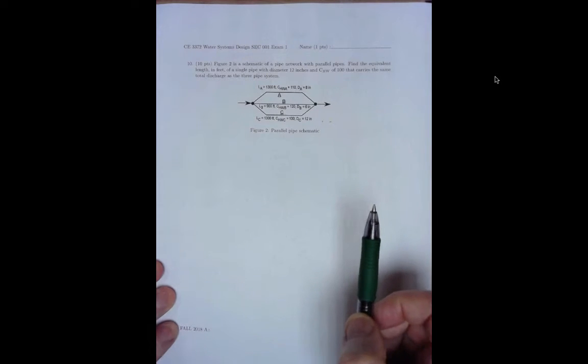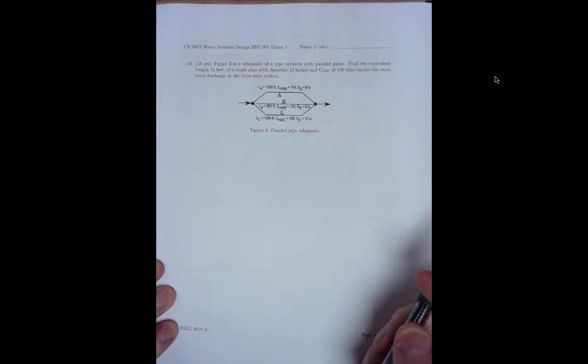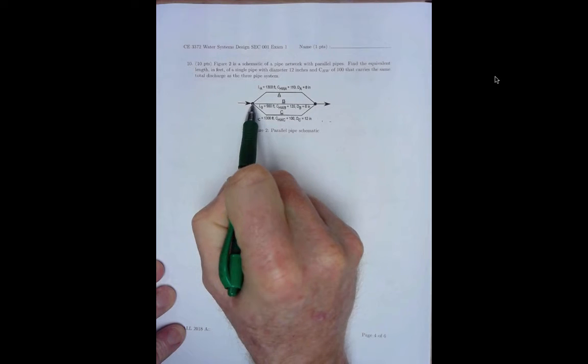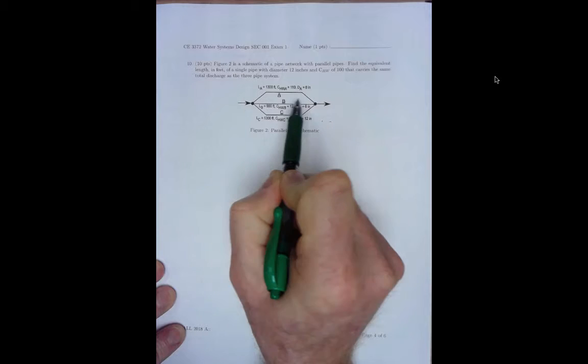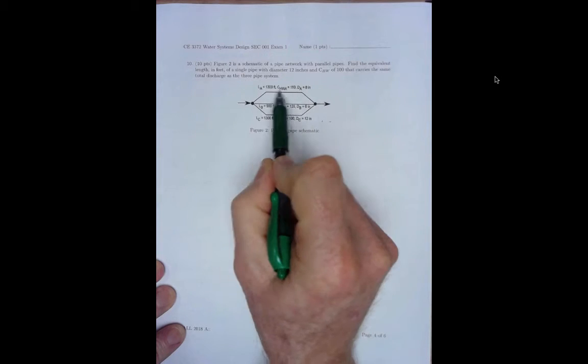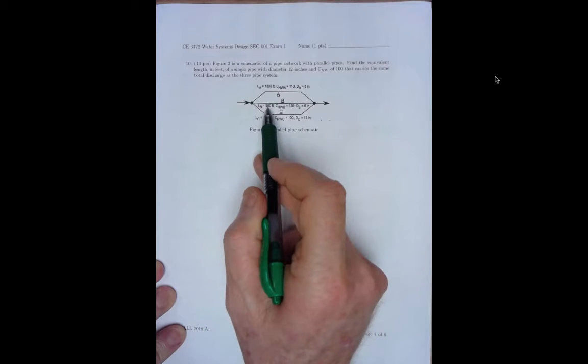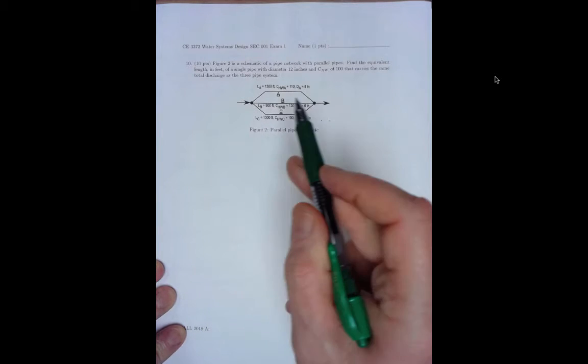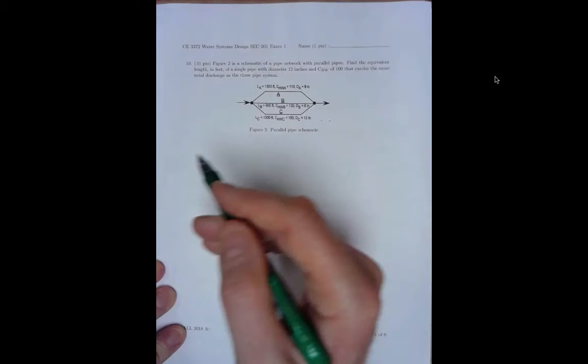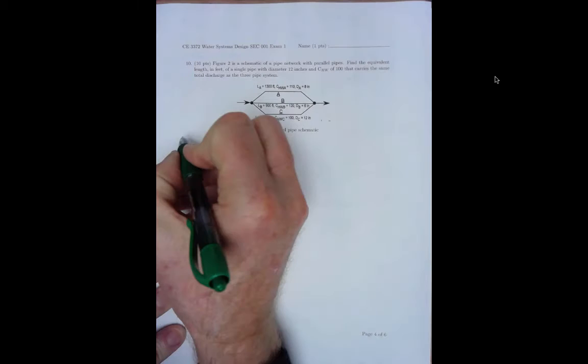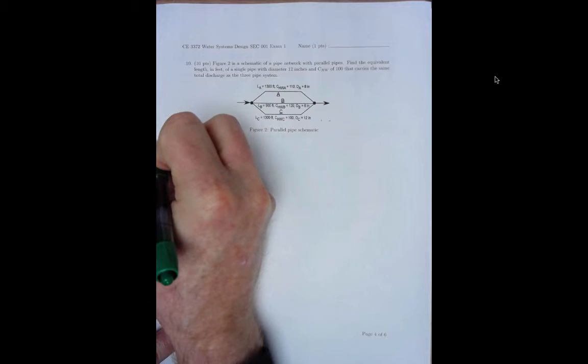So I think the most useful way to deal with this is to express the Hazen-Williams equation in velocity form, compute it to a discharge, and keep in mind that the head loss from one end to the other end of the system is the same regardless of the path in a parallel pipe system. We're going to replace those three parallel pipes with an equivalent single pipe that also produces the same head loss for the same total flow rate. So the velocity form of Hazen-Williams is V is